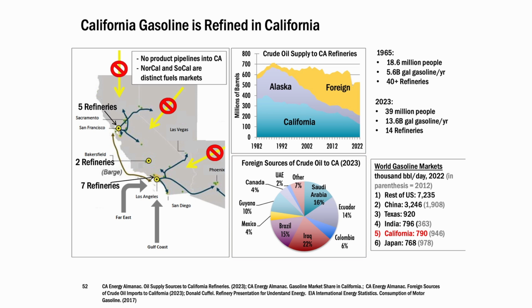We have a very large gasoline market, and so you can see even as our refinery numbers have declined over time, our production has increased dramatically. I used to say if we were our own country, we would be 3rd on this list, but Texas actually is a bigger gasoline market than us, so I added them. So Texas would actually be 3rd, and we'd now be 5th gasoline market in the world after the rest of the US and China. And you can see India has really come up this chart in the last 10 years.